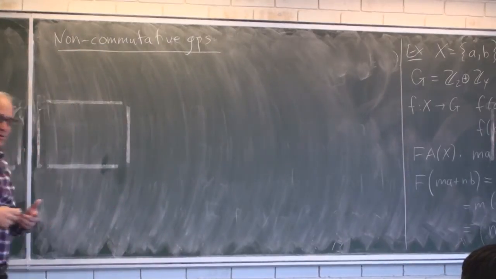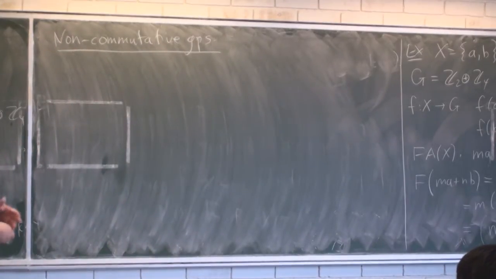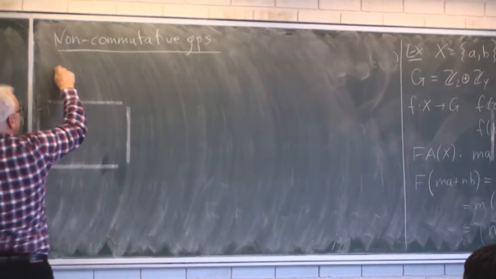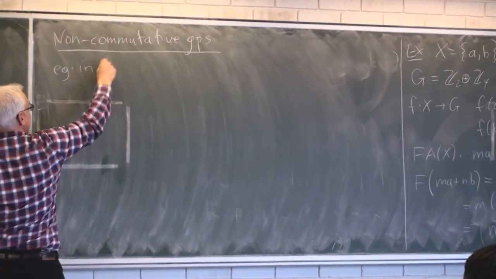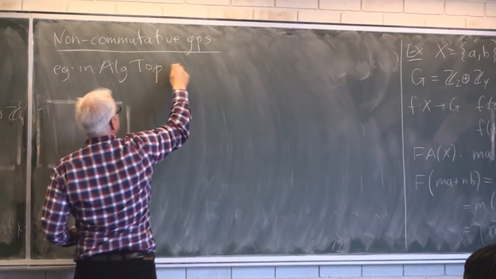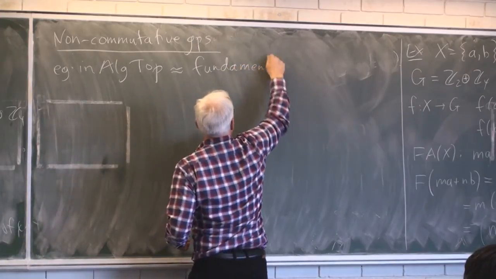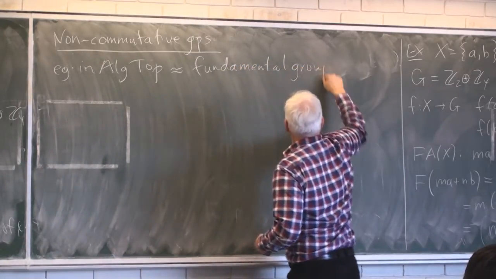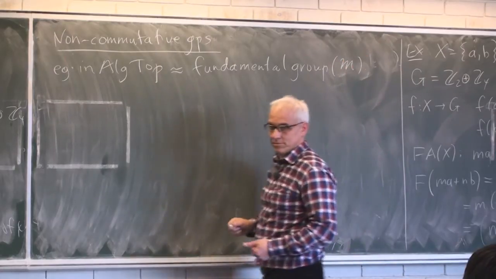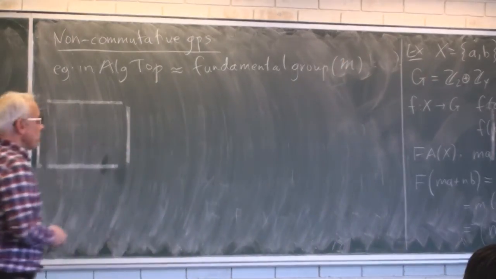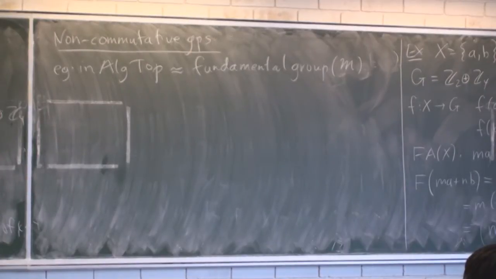All right, we're not going to use any deep facts of non-commutative group theory. It's a vast subject, very, very interesting. Most of the things that we're going to be using are going to be very simple-minded. We've already talked about fundamental groups a little bit in this course, and they were often examples of non-commutative groups. So the examples that come up in algebraic topology are often closely related to the fundamental group of a surface or of a space, which are generally non-commutative, but they can also be commutative.